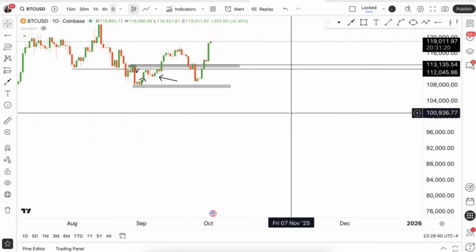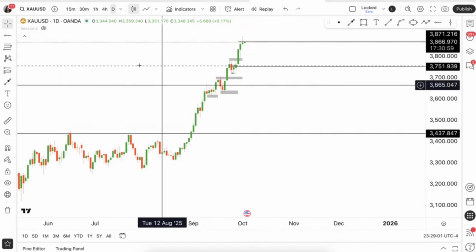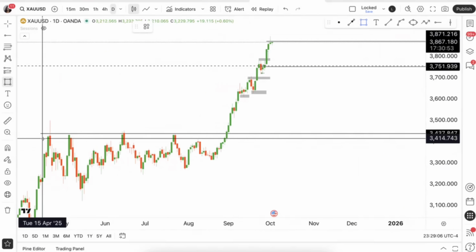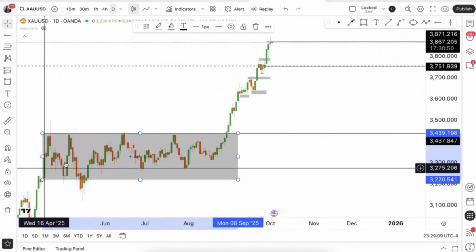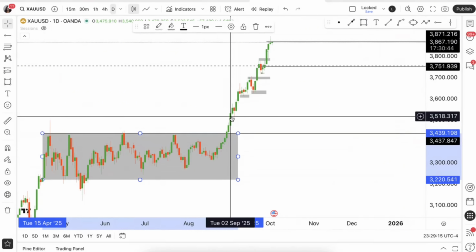This is one thing that people overlook. Trends don't just pause. Sometimes it'll go into a consolidation for a bit to gain more capital, but if price wants to go on an uptrend or a downtrend, it's going to keep going. Same way with gold right now. If we go look at gold, price chose to go on an uptrend ever since it broke out of that daily range. Price was ranging for months on end, and then it chose to go on an uptrend. And look at it now. It's going to keep going until it wants to stop.